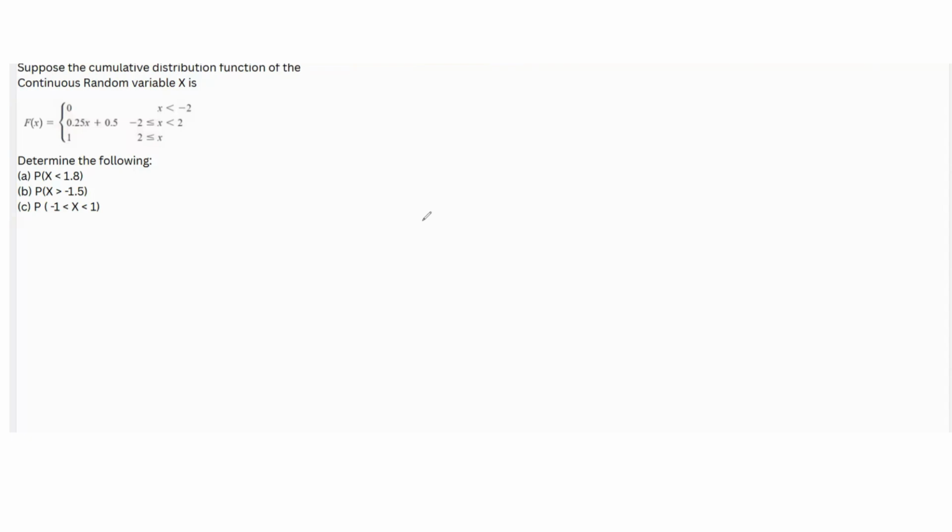We're given the CDF of a continuous random variable x, and we're asked to determine some probabilities for that continuous random variable x. For this, before we actually proceed with this, we need to recall something. So let us recall. In general,